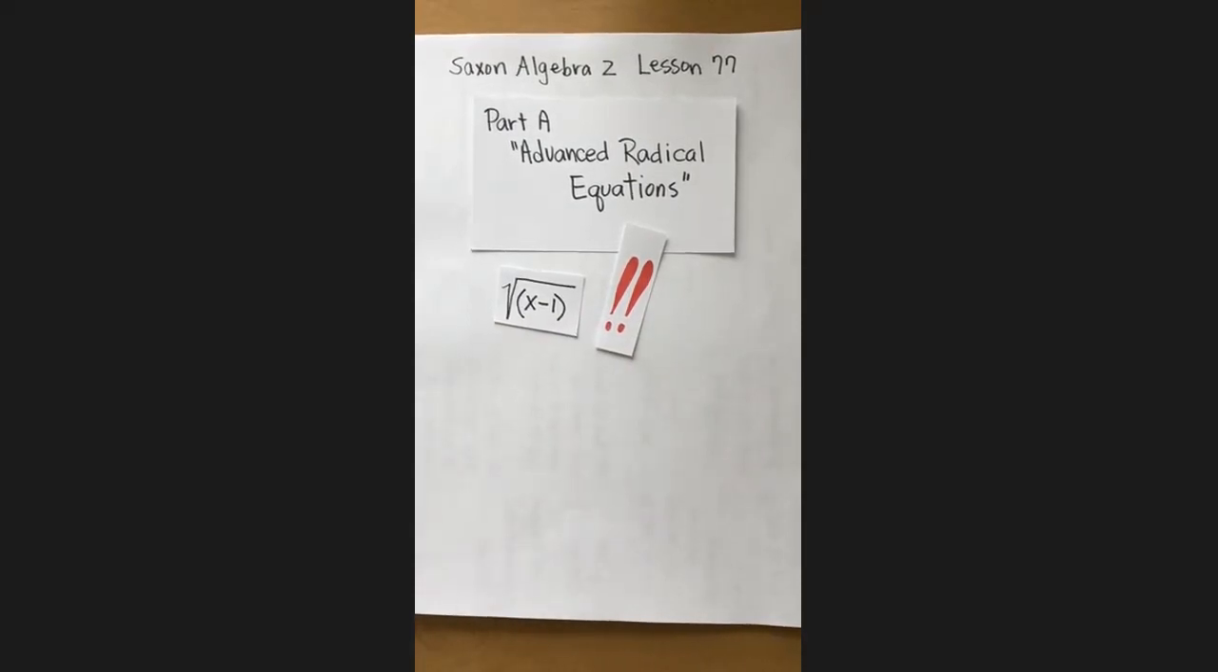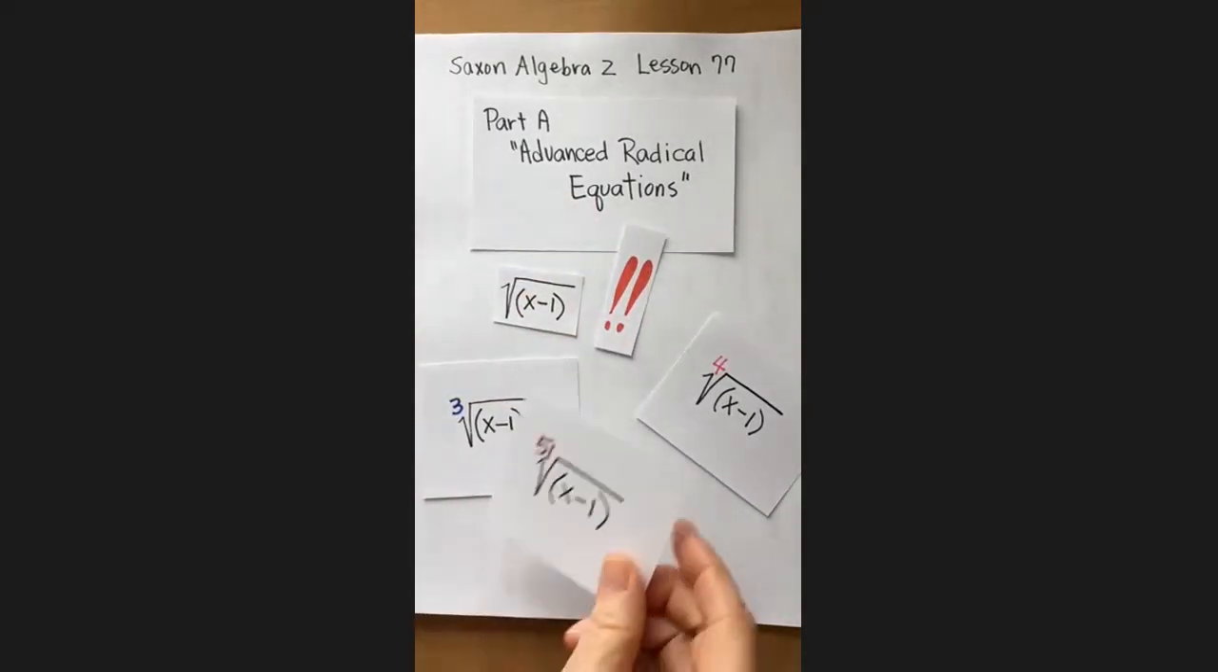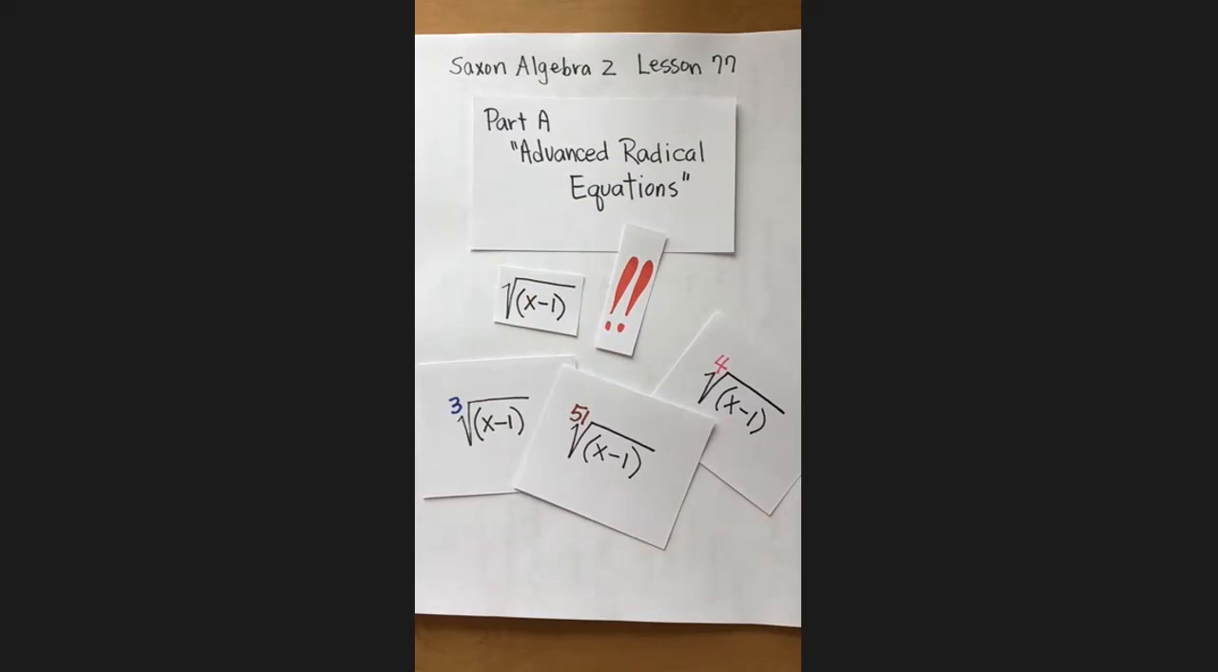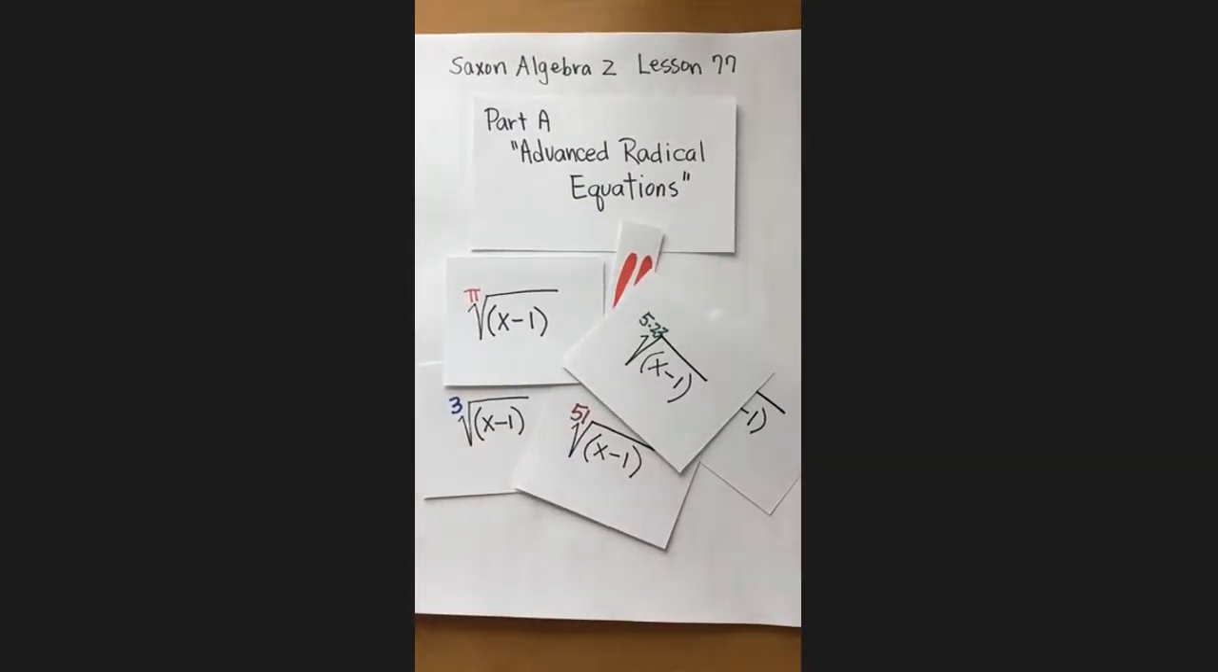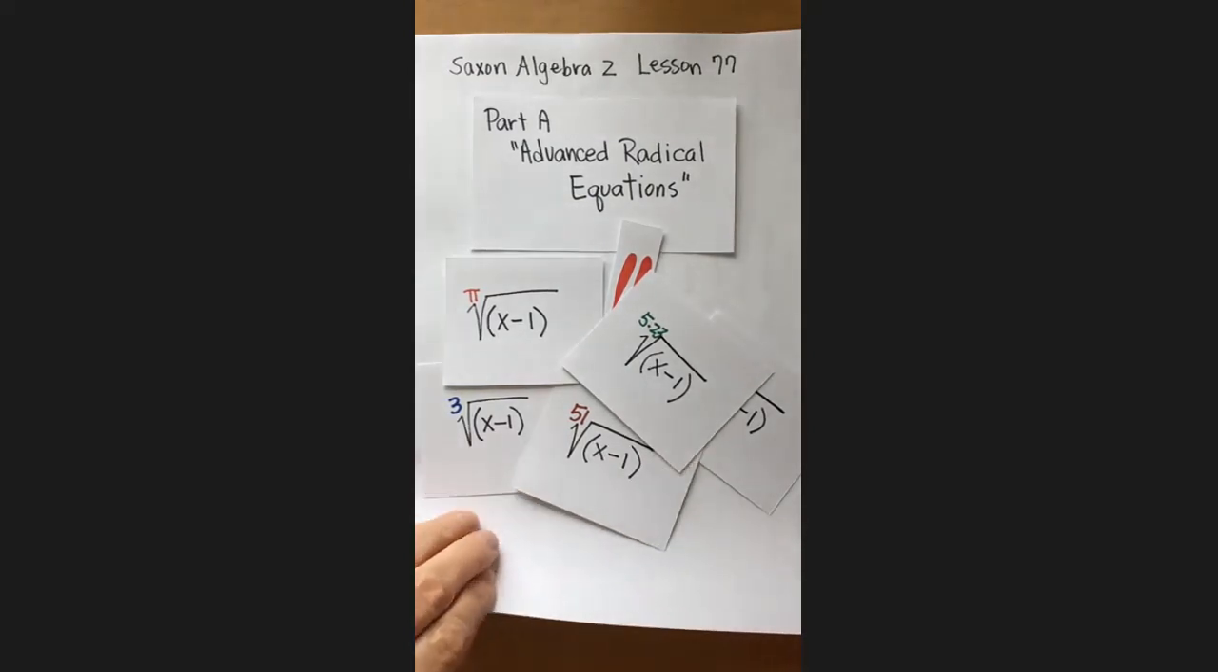There are also cube roots and fourth roots and 51st roots and pi roots and 5.23 roots. It turns out that you deal with these just like you deal with square roots. What do I mean by that? Well, let's take this